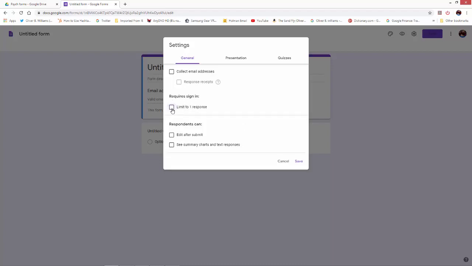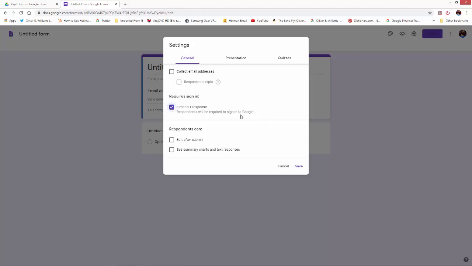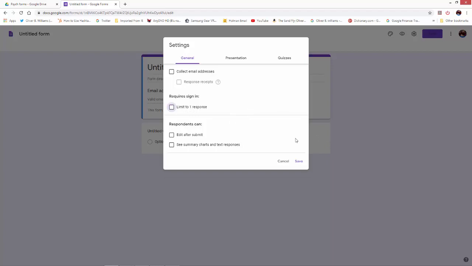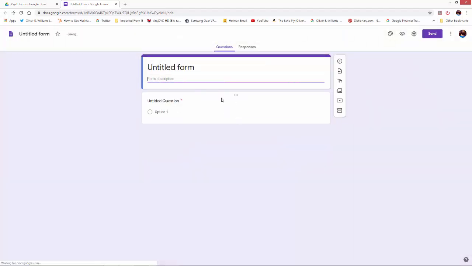You either limit it to one response in which they do have to sign into Google, still they'll be anonymous, or not. Now, I doubt very seriously if you don't limit it to just one response that somebody's going to take the time to do it over and over again. In this case, I'm going to not limit it to one response,